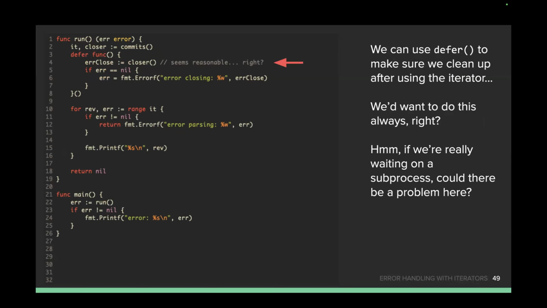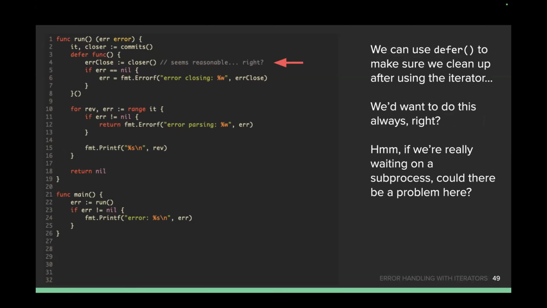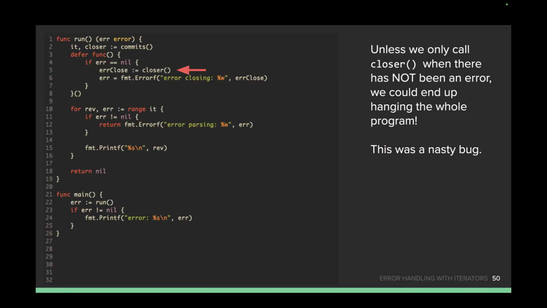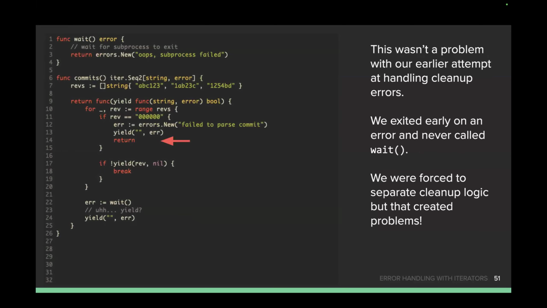But then, depending on what the closer does, you start to get into this problem where the question of whether you call the closer if there was an error during iteration or not is actually quite important. I don't know if I can explain this in full detail very quickly, but I came across this nasty bug while building GitHoo, where the difference of having closer within this error block versus outside of the error block was the difference between the program just hanging and the program reporting an error. If we go back to the previous version where we were trying to handle the error by yielding it at the very end,